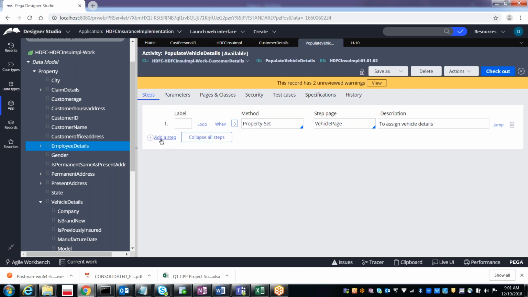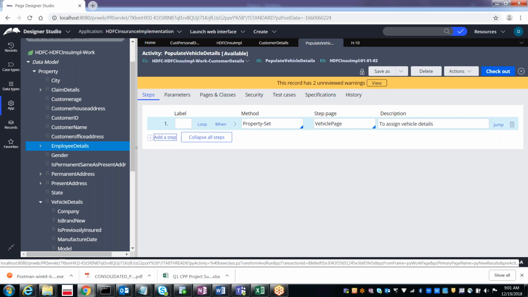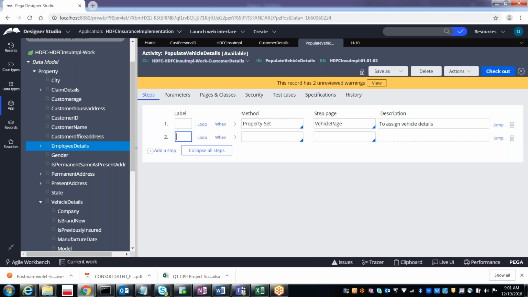In the same way, if you want, you can add one more step here. See here, you can add a step. For example, this time what I want to do is, we had a scenario for the states where we were populating from the data type.